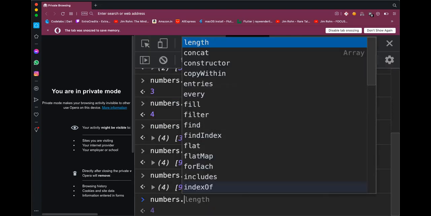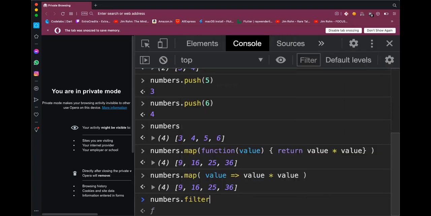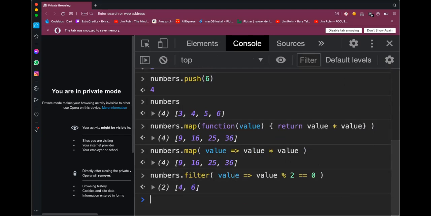So I can also, instead of map, filter and check whether something is a multiple of 2 or not. If it is a multiple of 2, it will return true, otherwise false. So it returned true only for 4 and 6.